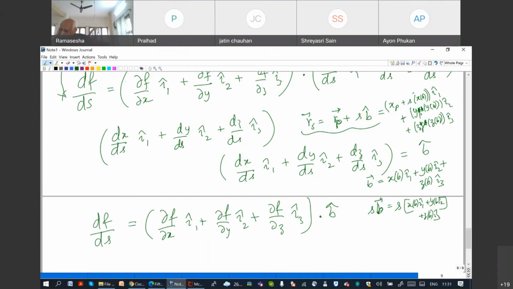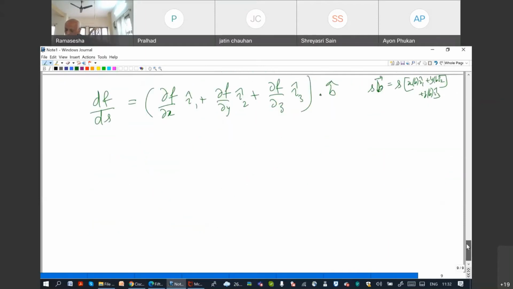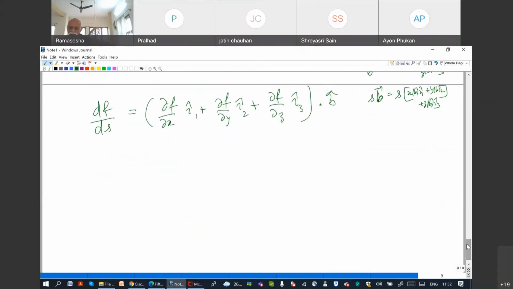Okay, any questions? Is that quite clear? Because see, the line B is actually specified by XB, YB, and ZB. Okay, and the fraction of line B length is actually S times XB, S times YB, and S times ZB, and that S is what you are putting to 0. Any questions? Is it clear?